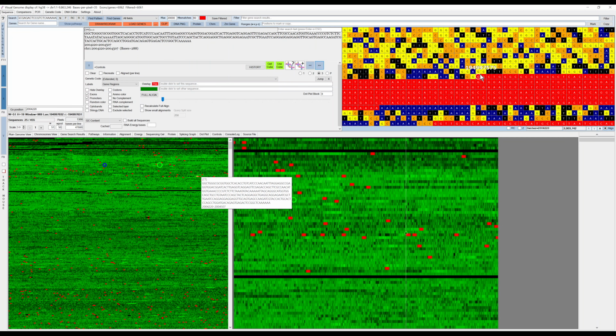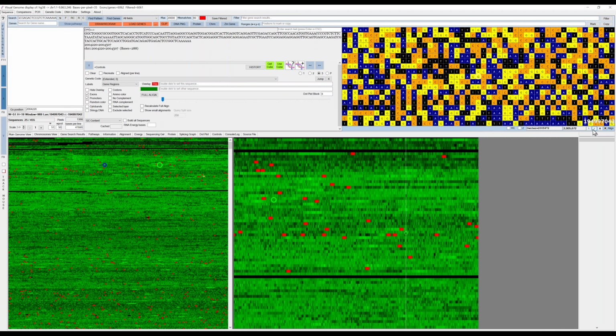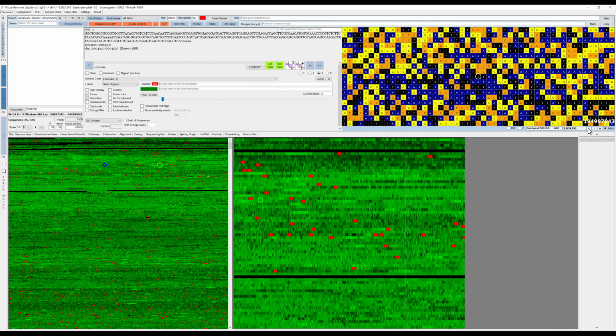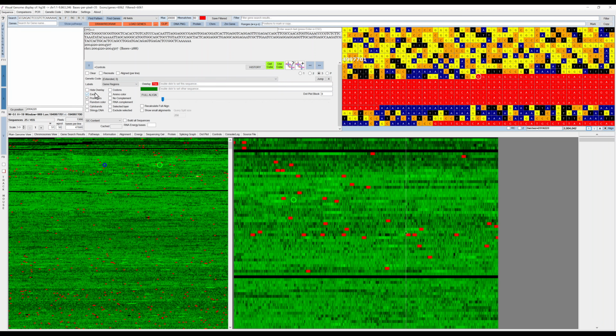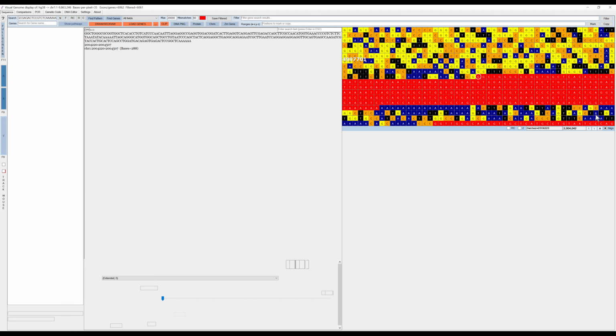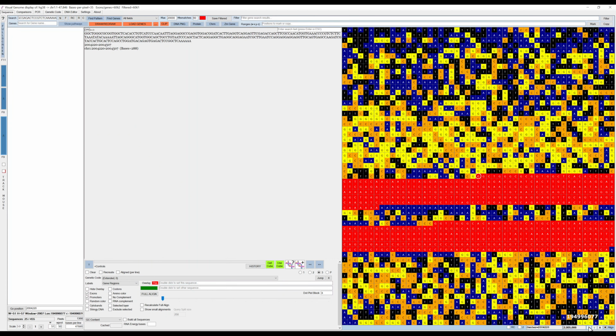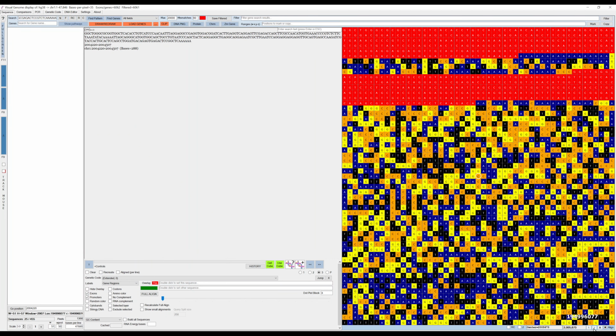If you want to navigate up and down of the zoom panel, you can press these up and down buttons over here. And if you want to make it bigger, then it will jump by the corresponding amount.